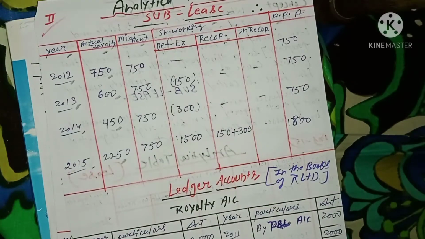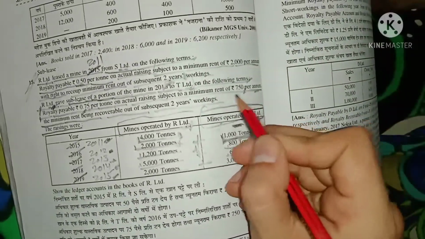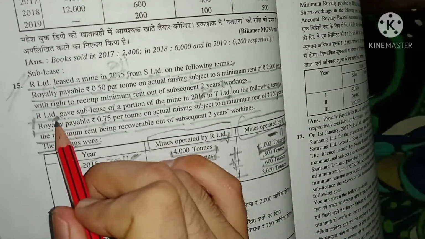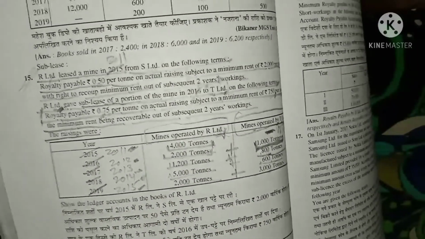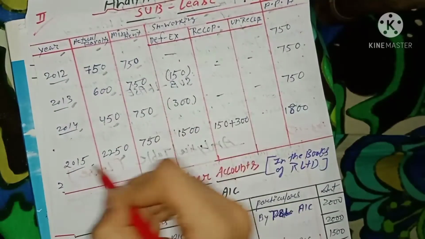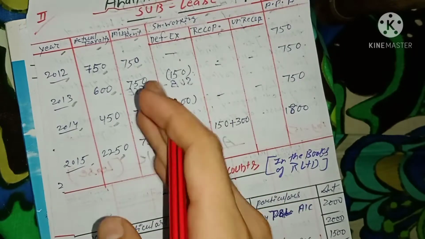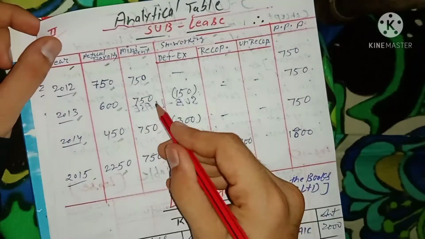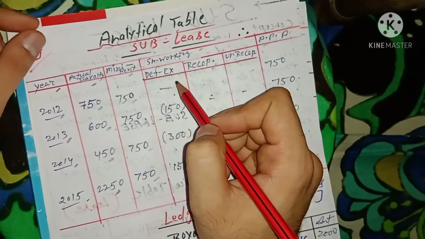Now what is the minimum rent? Here you can see it was also mentioned under the terms and conditions that minimum rent would be payable of rupees 750 per annum to R Limited itself. So in the year 2012 it is 750, in 2013 750, 2014 750, and 2015 750, for all four years during the period of the sublease. The same minimum rent amount would be payable or applicable. Now you simply have to figure out the deficiency or excess amount,